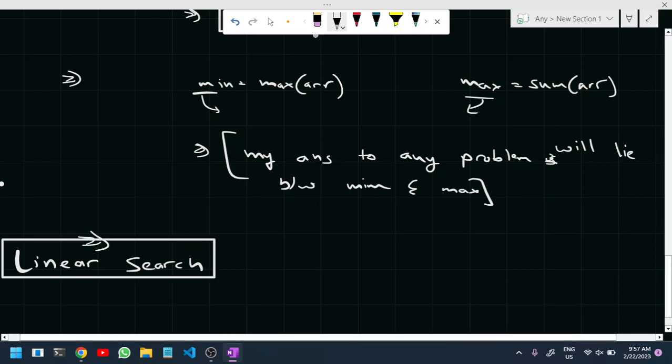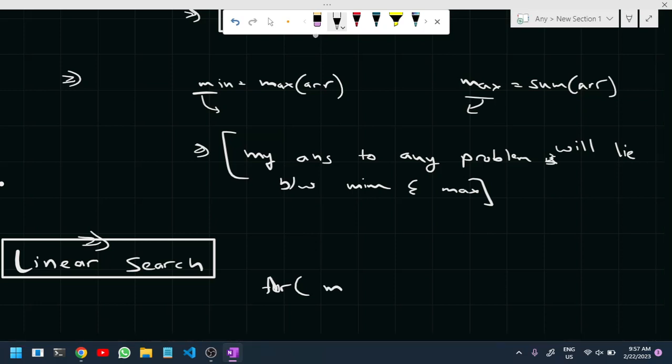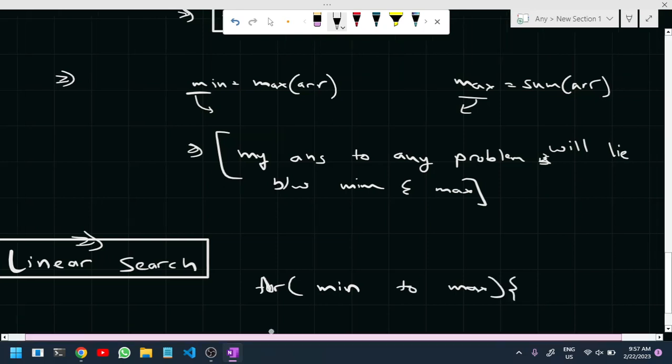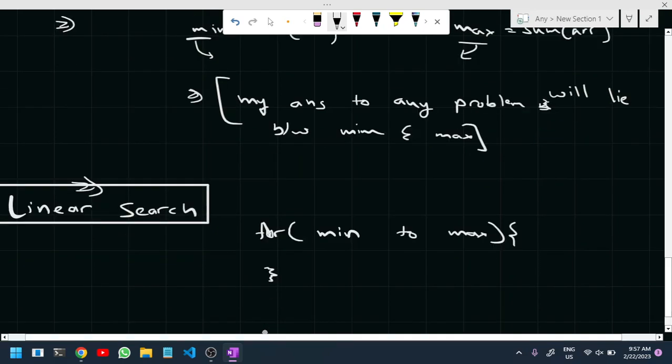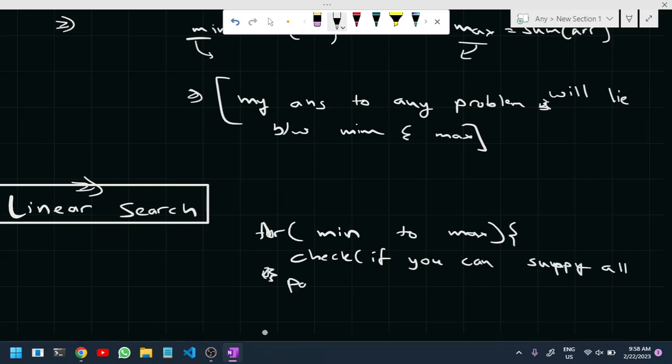What I'm going to do is start a loop. It is like considering all the values between a minimum and maximum. So I will start a loop from min to max, and in this loop I will check whether I can supply all the packages. So check here, if you can supply all packages within d days,